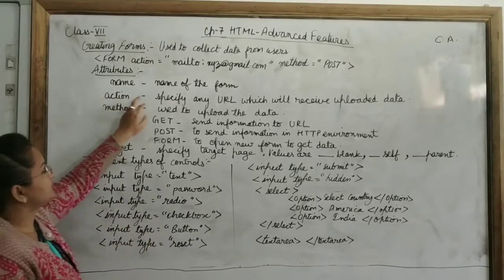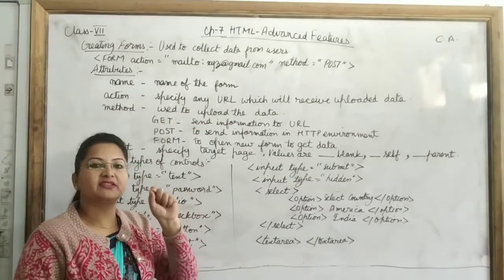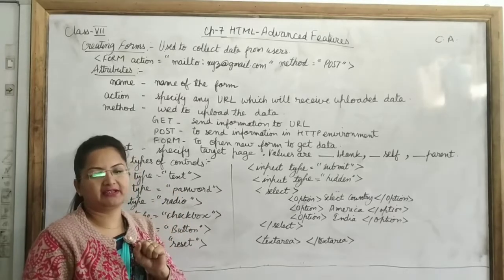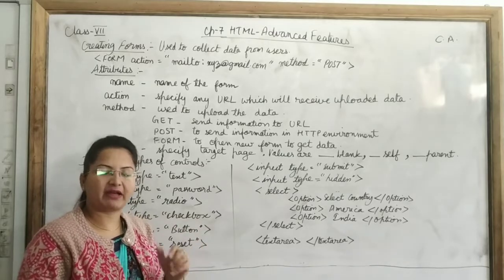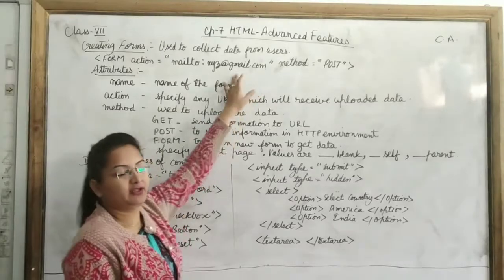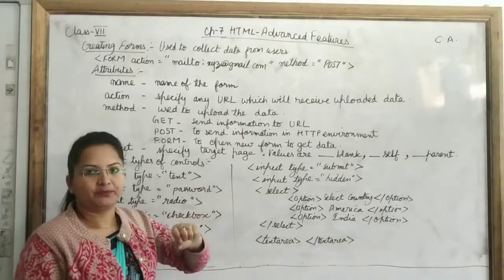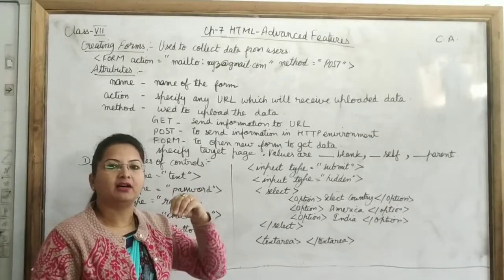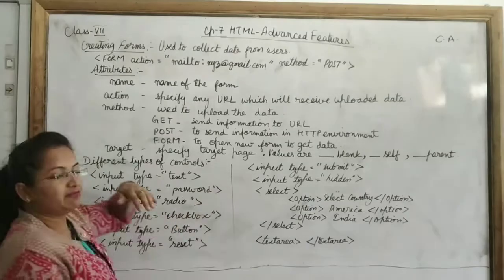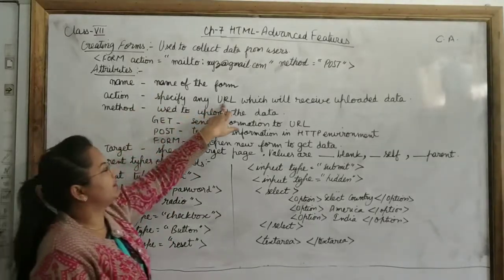Now, action. In action, we can specify the URL. URL, its full form is Uniform Resource Locator. It is actually the unique address for any website. It can be a website, it can be a web page, and in place of URL you can also mention the mail address. Okay, so what will action do? Action will take the form data. Okay, the controls that we have kept like text boxes, passwords, email addresses, then hobbies, etc. Whatever we have to send to another page, that URL we will mention.